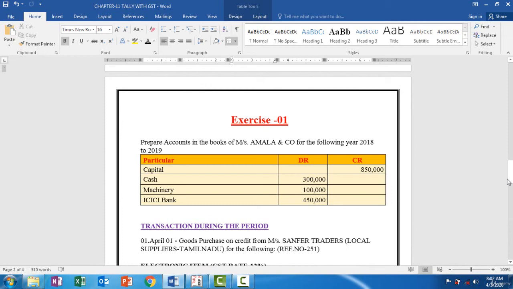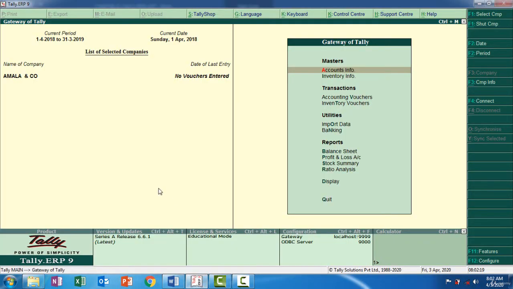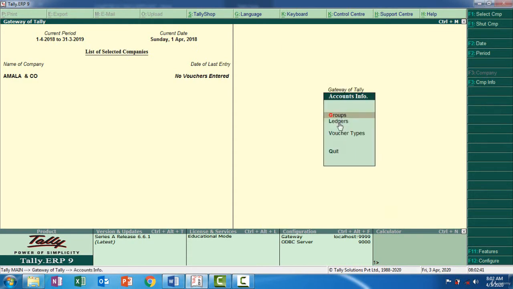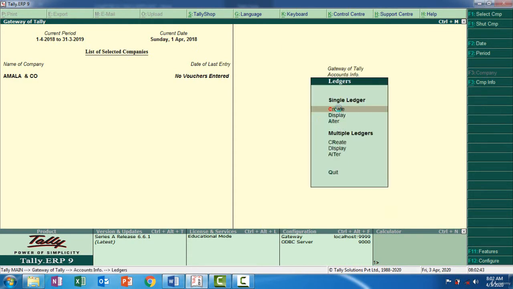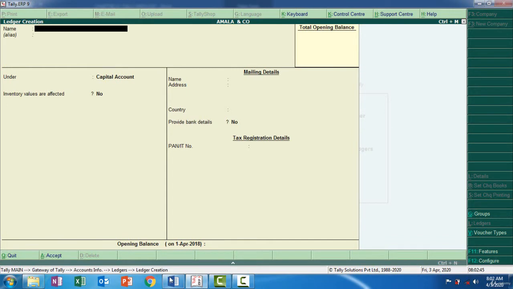Now we are going to enter the opening balance into the Amala and Co Company. I have created the Amala and Co Company, with the current period as per the question, 1st April 2018 to 31st March 2019. The current date is April 2018. To enter the opening balance, I go to Accounts Info under Ledger and create a single ledger. So the first one is